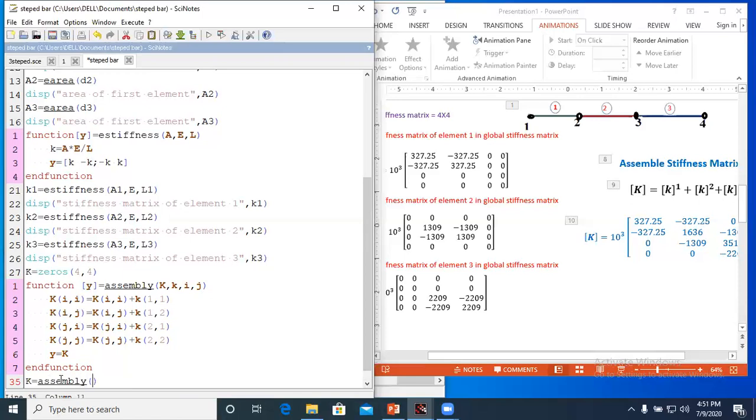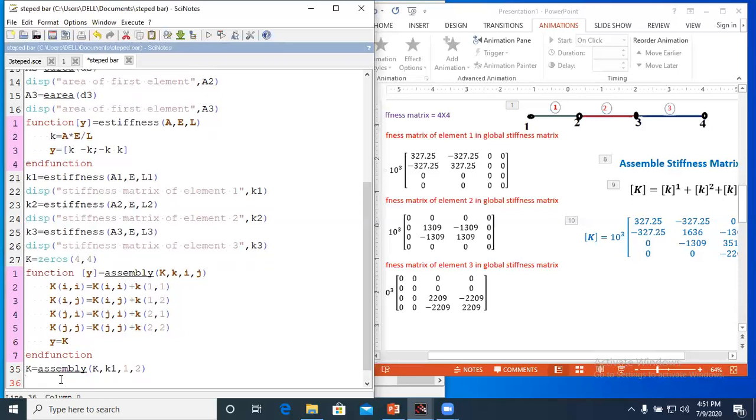In arguments, what I want to transfer is capital K, the matrix of all zeros. Next k1, the matrix of the first element. Next, the first element is connected to node numbers 1 and 2, so I will transfer 1 and 2. Okay, because we are putting the elements at first row, first column, second row, second column. That means the first 4 coefficients we are going to replace.